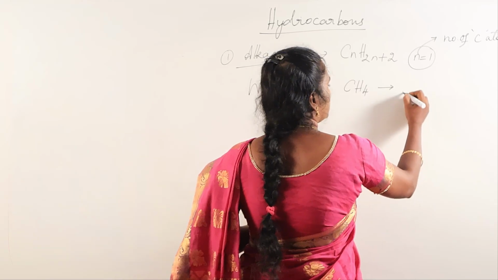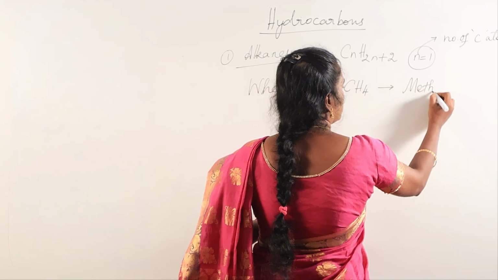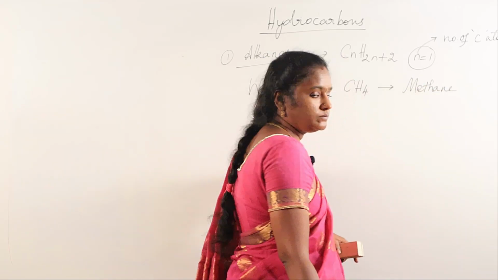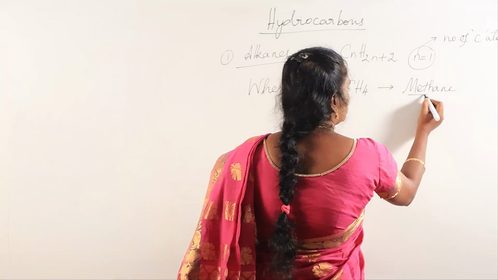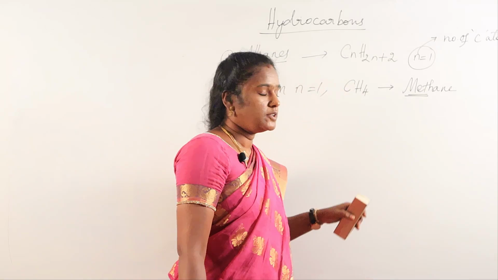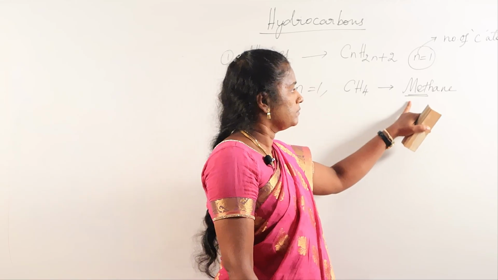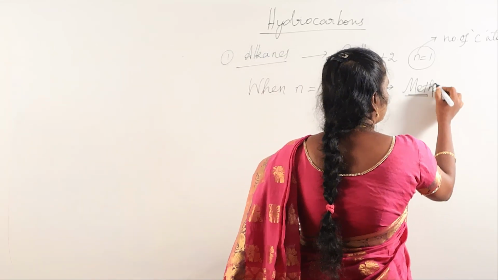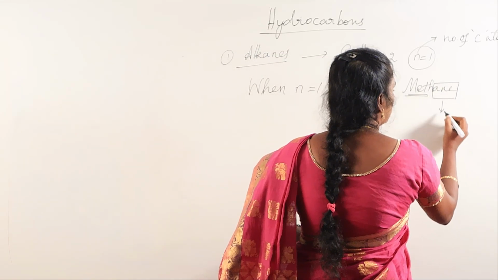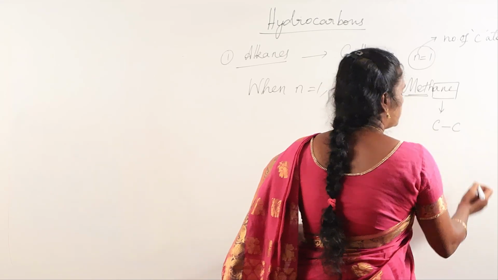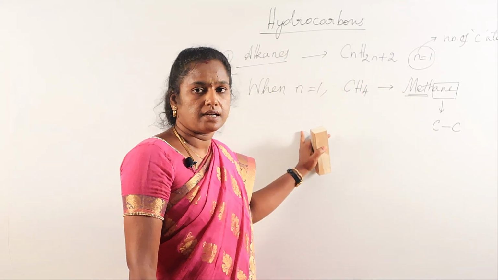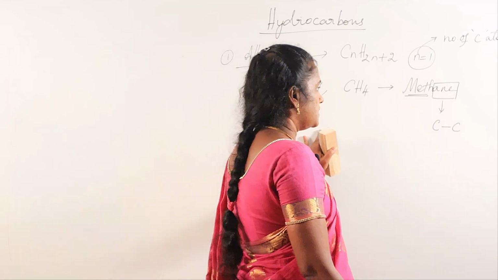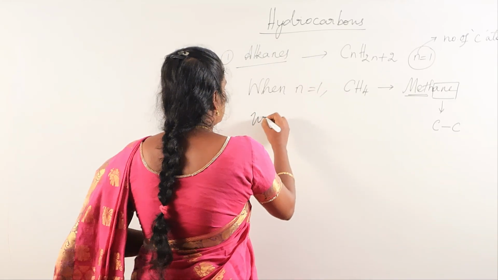CH4 means the chemical name is methane. Meth is carbon number 1, so methane. Ane is the carbon-carbon single bond. This alkane contains a carbon-carbon single bond. And when n is equal to 2,